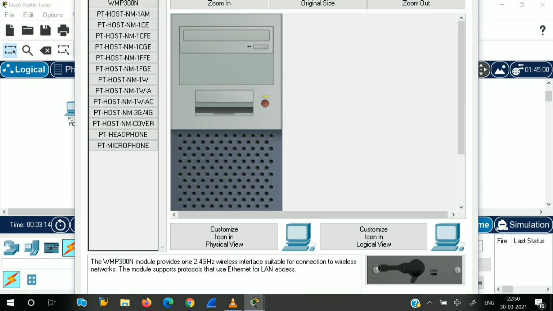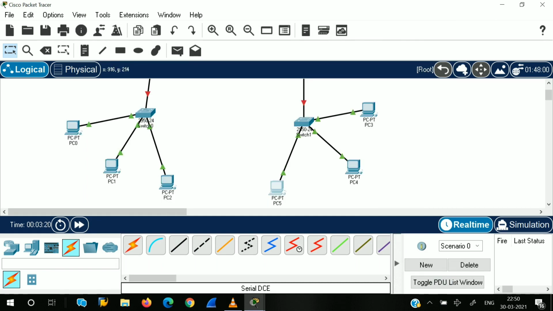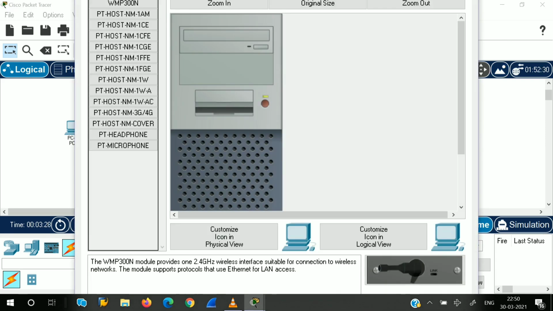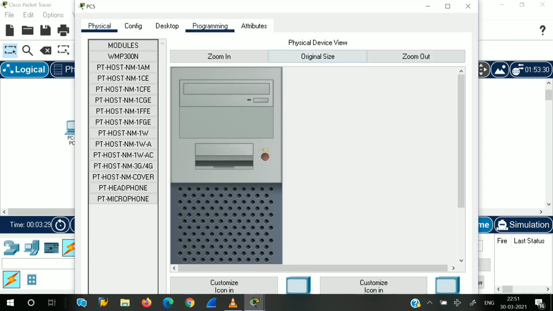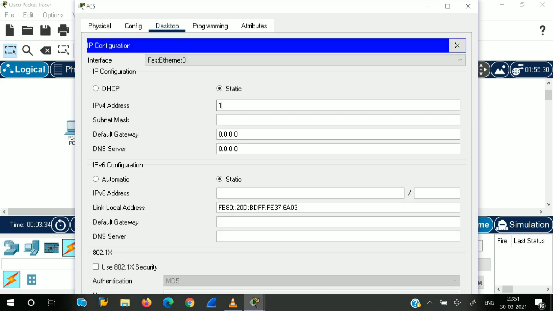Now going to the other network, for PC3, assign the IP 192.168.20.4.